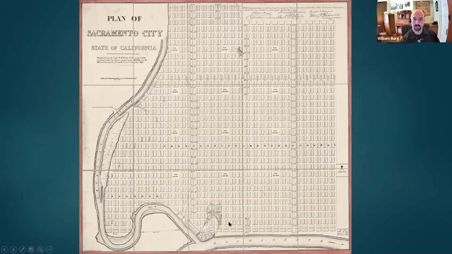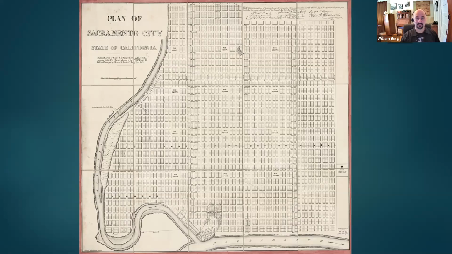But most of the growth, as any of you who follow Sacramento history know, started at the waterfront and then gradually moved east. The river itself was moved. That was part of our planning that came later. But originally, it was fairly minimal rules as far as what you could do. You couldn't build a road in the street, but if you owned a lot, you could pretty much do what you wanted on it. Within a few years, the city found out that, oh yeah, it floods.